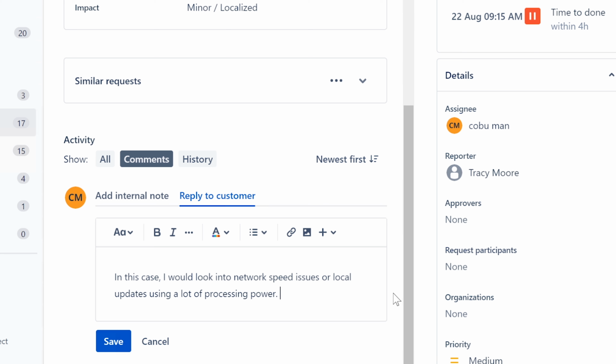I'm just going to leave it at that. Chances are that local updates are using a lot of processing power. This, I'm going to say, sometimes can happen